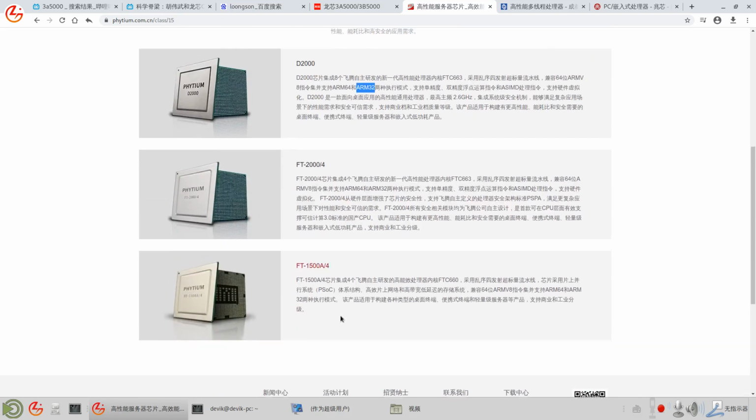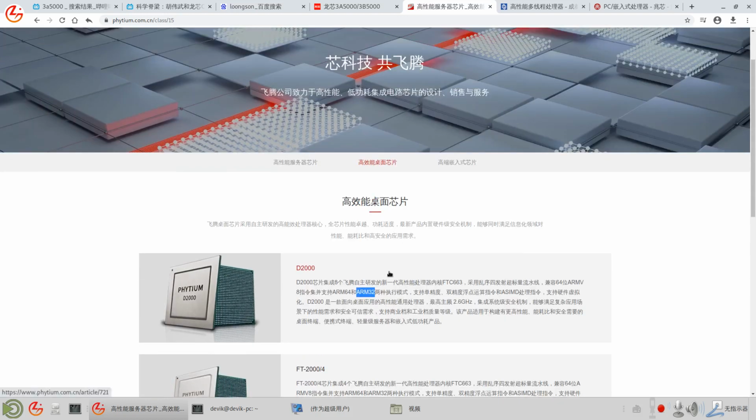This is okay, but it's not so self-made, because they buy the production right and the architecture instruction set from ARM, owned by Japanese SoftBank, or UK's ARM.